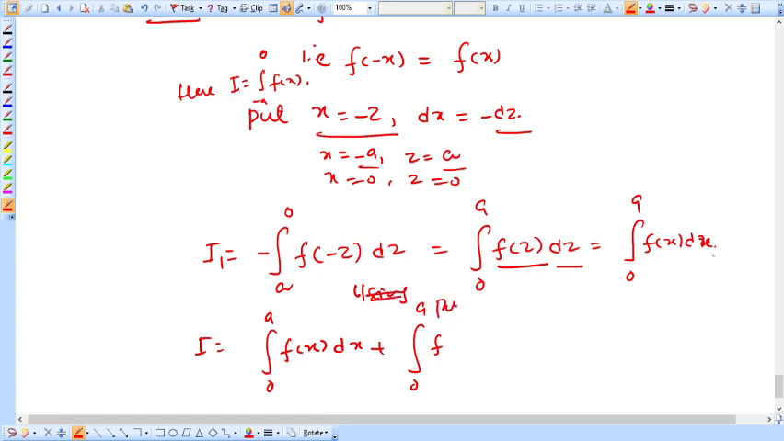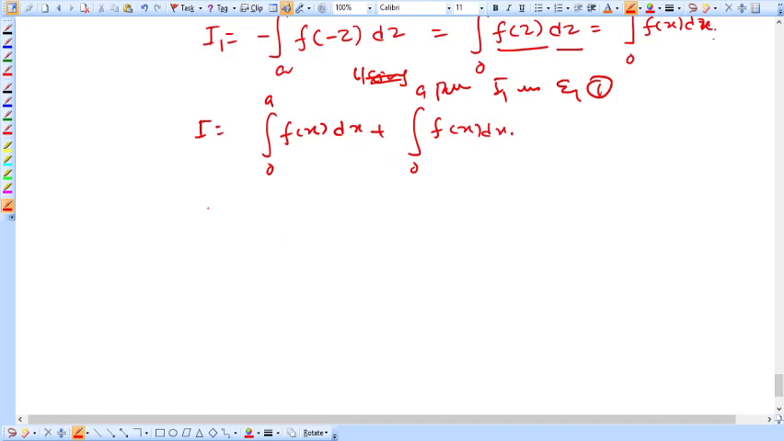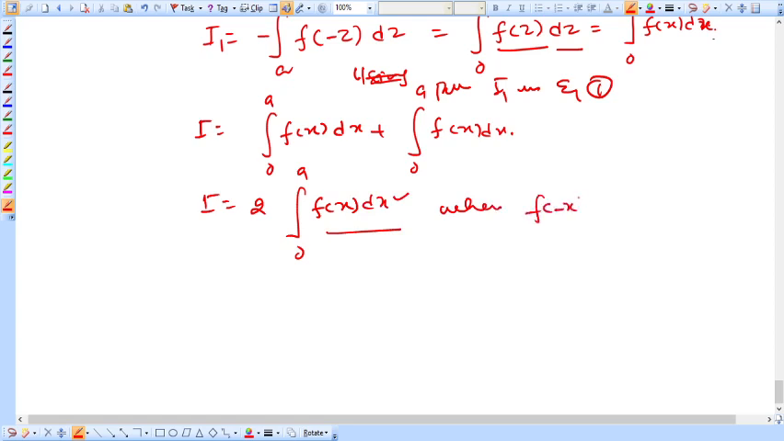yeah, you can write putting I1 in equation 1, right? So it is equal to this. Okay, so therefore your I is equal to twice of 0 to a f of x dx. ये तो पहला केस हो गया, when f of minus x is equal to f of x, that is f of x is even function, right? So case number 2 now, case 2,